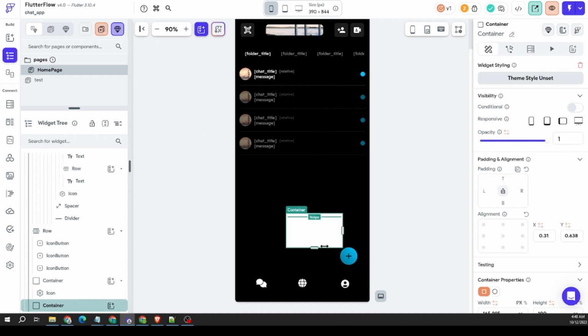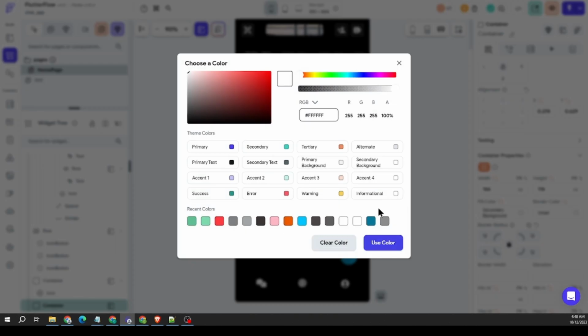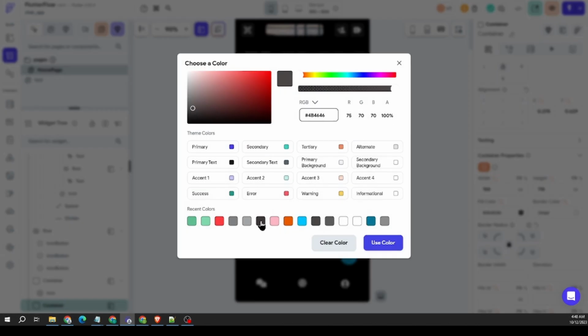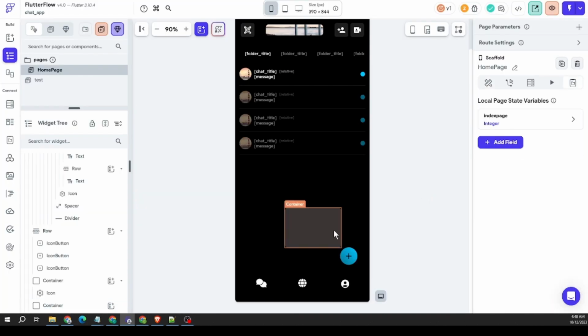Make it a little bigger. And of course we'll round our edges, and then the fill color, I'm going to change that. I'll do it like that. And then